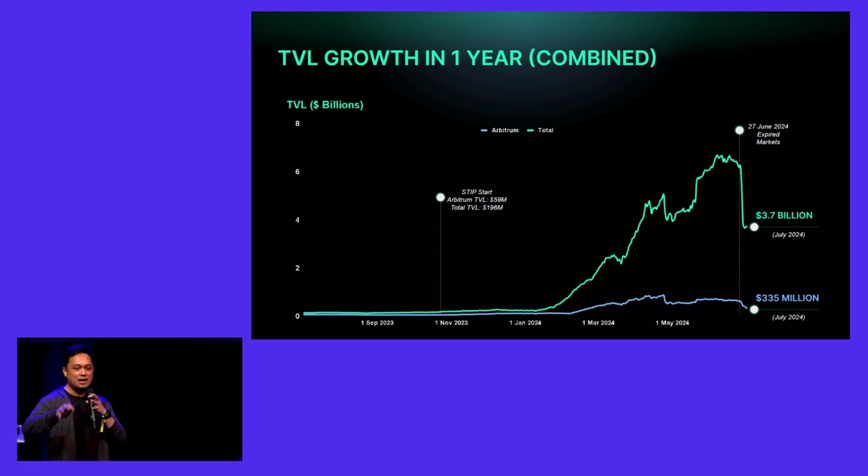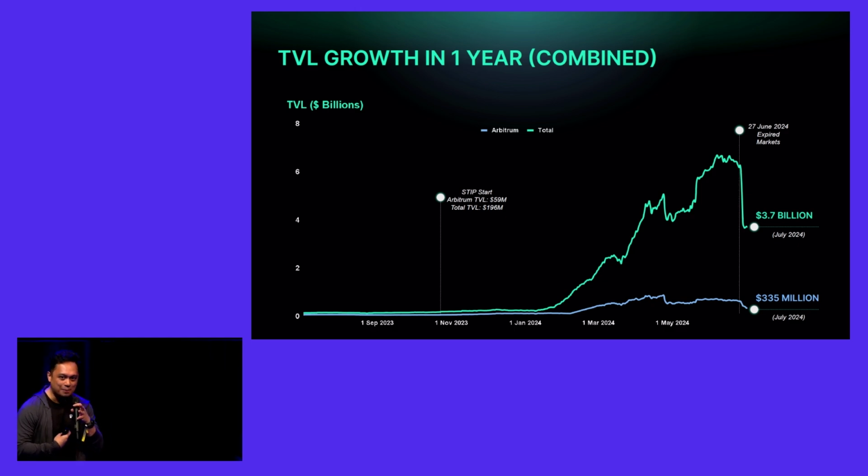But because in Pendle, every pool has a maturity date attached to it, meaning that as a fixed rate holder or as a PT holder, in order for you to realize your yields, you need to be able to redeem them at expiry. So on the 27th of June, we had over 3.5 billion worth of markets expiring on that day. So on that day, people were able to redeem their yields and realize them, right?